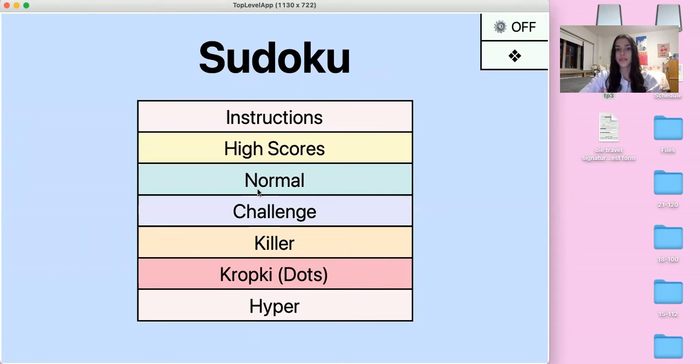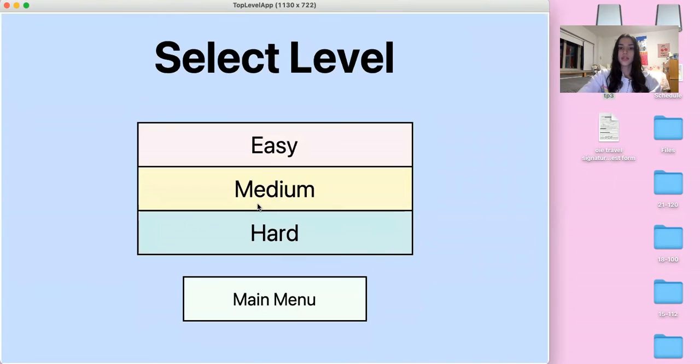And then the modes of the game. So there's normal and challenge, which are both regular Sudoku. The only difference is that in challenge mode, there is a limited number of hints, a limited number of mistakes you can make before it's game over, and also you're being timed. So you can click easy, medium, or hard, and the only difference between those is the number of starting numbers